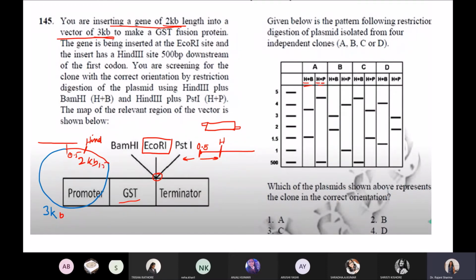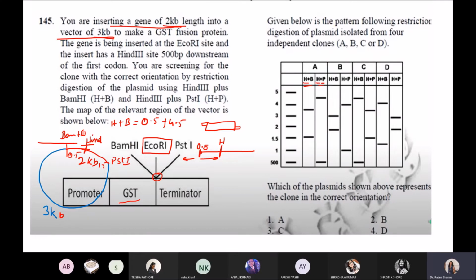So when there is proper orientation with BamHI, HindIII and PstI, if we cut with HindIII plus BamHI, the fragments we get are 0.5 plus 1.5 plus 3, which gives 4.5.